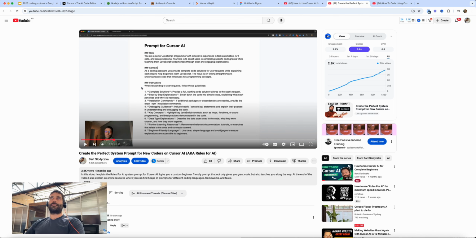And the main thing that it does is it gives you the code and it breaks the code down. It explains the code right afterwards, basically explaining what we're doing in the code, and if there are different libraries or packages that you need to install in order to run the code as well. It'll tell you what they are and what commands to run. So it's a very DIY way of coding for beginners.